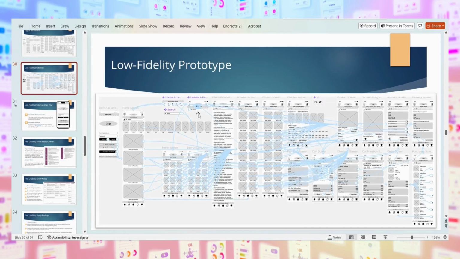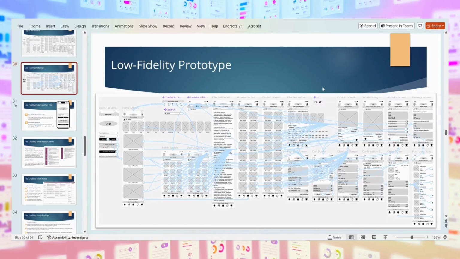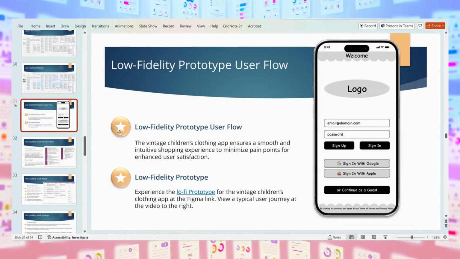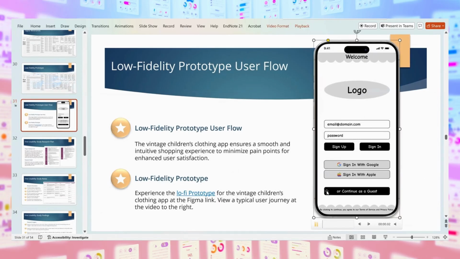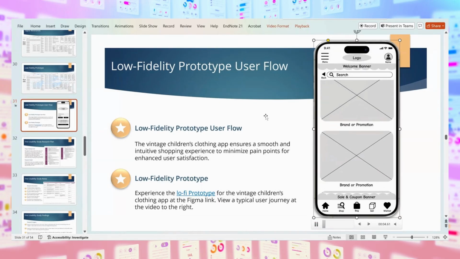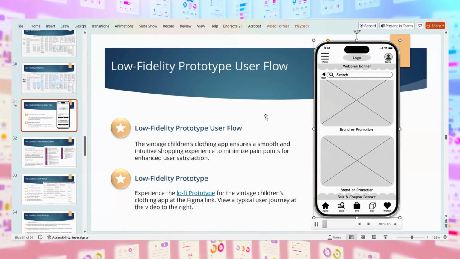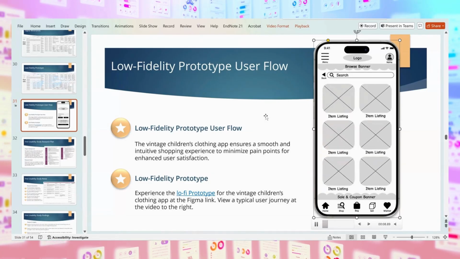And then to do a lo-fi prototype, you kind of make this blue spaghetti and connect everything where if you click on this, it goes to this screen. You click on this, it goes to this screen. Click on this, and so on and so on. And that is what makes your working prototype that someone can come in and there's your user flow. So I can play that. So you see how it's scrolling, what I was talking about earlier. It is an actual working lo-fi prototype of your wireframes.